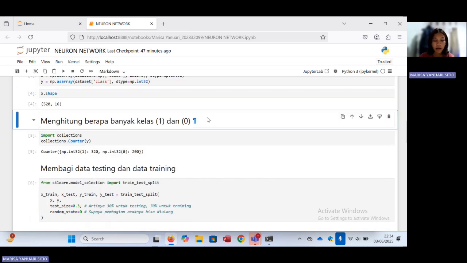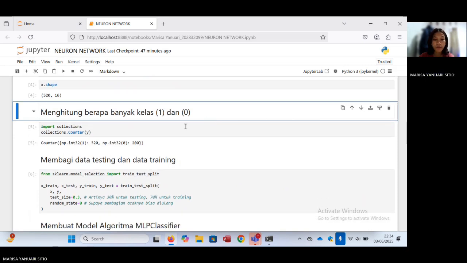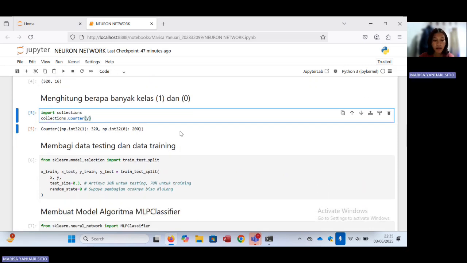Next, here is the markdown syntax to create a title with the name Counting How Many Class 1 and Class 0 Values There Are. Next, line 9, explanation. Import collections: this imports Python's built-in collections module, which contains specialized container data types including Counter. Counter counts the occurrences of each unique value in the object y, typically a list, series, or array.